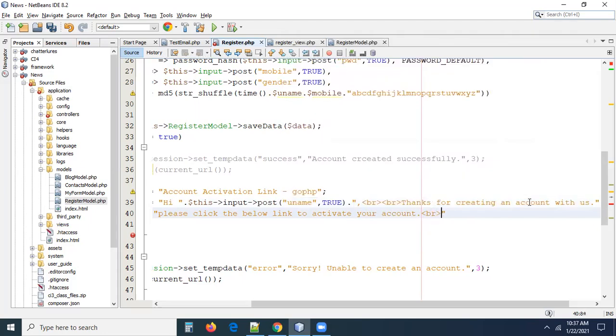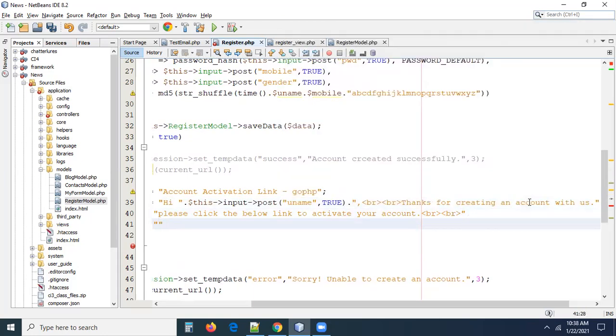In the next line, I have to use one break tag here. So let me take an anchor tag. The link should be a clickable link, guys. This is going to be Activate now. Activate now. The next line, thanks.